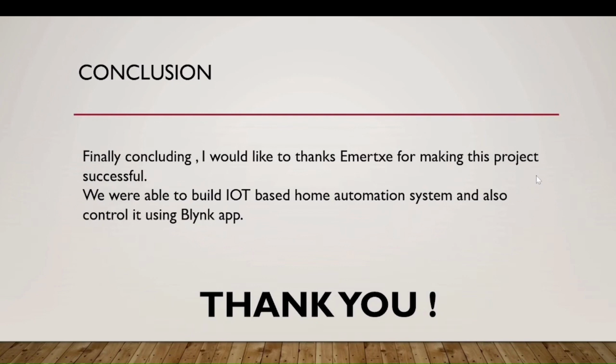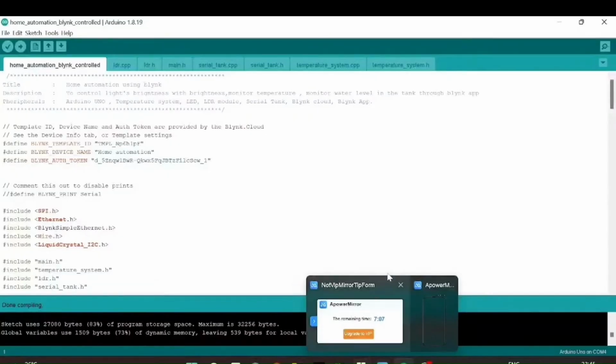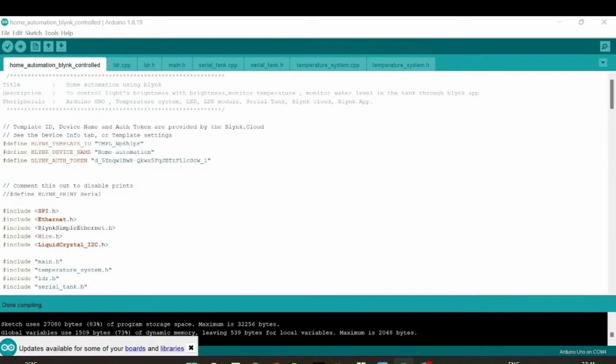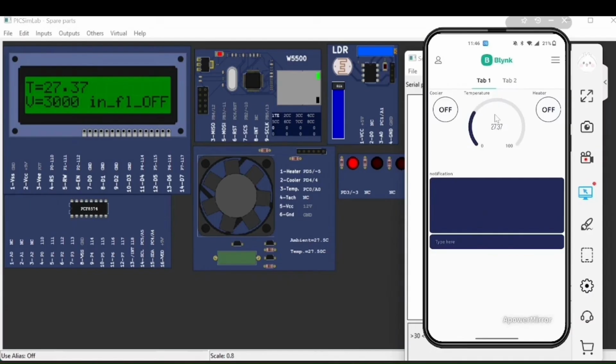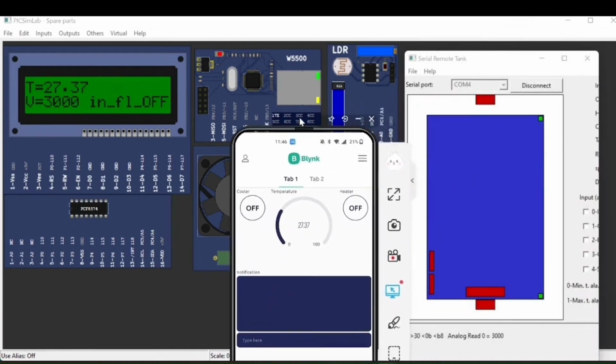So finally I conclude that we would like to thank Emertxe for making this project successful. We are able to build an IoT based automation system and control it using the Blynk app. This is the code for our project, and this is the demonstration where you can see